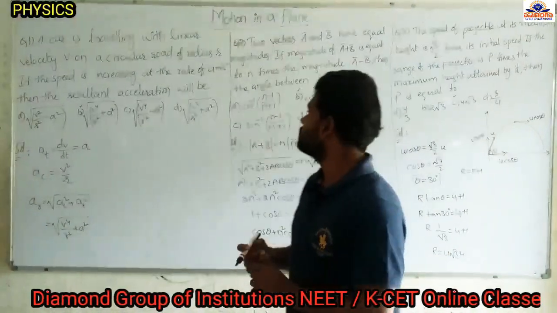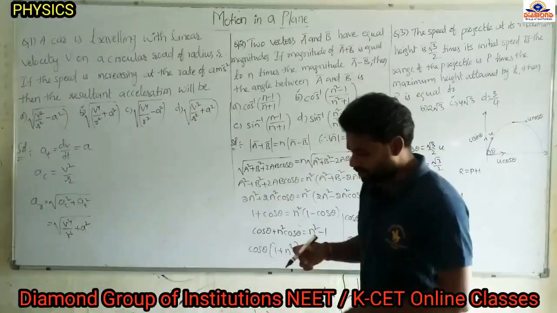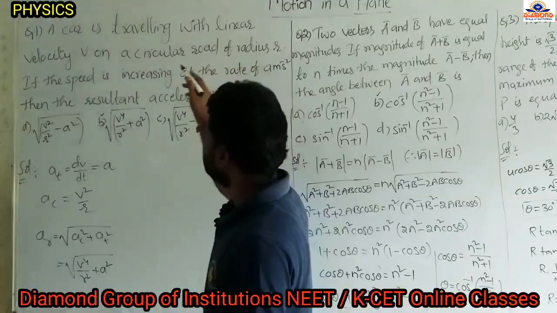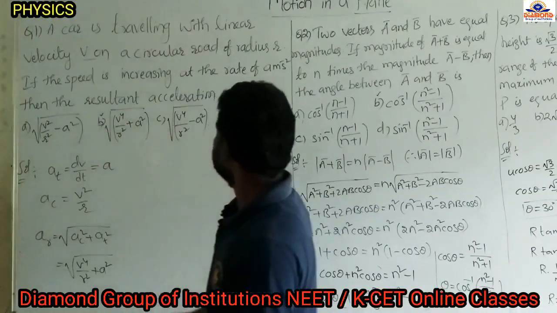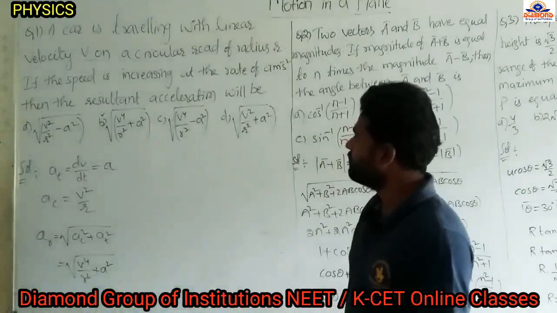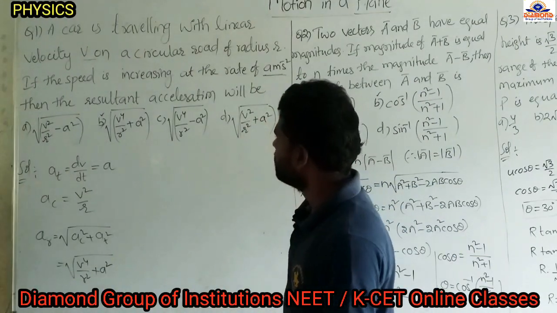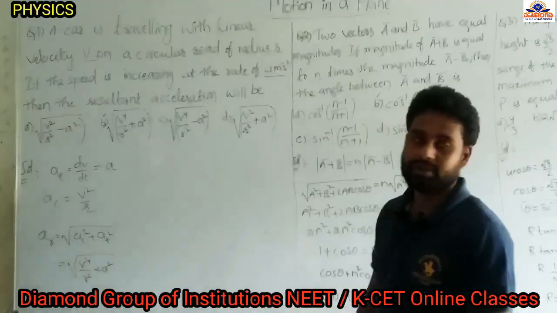Today we are going to discuss motion in a plane. See the first question in motion in a plane. A car is traveling with a linear velocity v on a circular road of radius r. If the speed is increasing at the rate of a meter per second square, then the resultant acceleration will be,